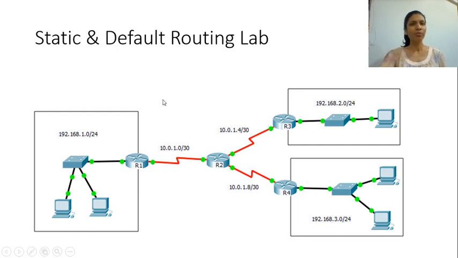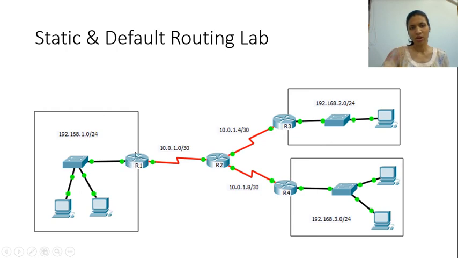Next, we will move on to static and default route configuration. For that, we are going to take a look at this topology. We will be configuring this topology in Packet Tracer. In this topology, I have got 3 routers, R1, R3 and R4. These 3 routers have a single exit interface, that is for this network